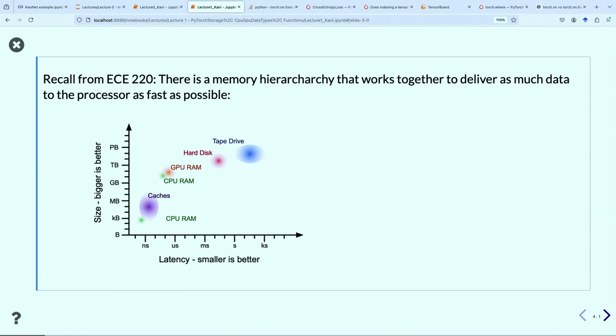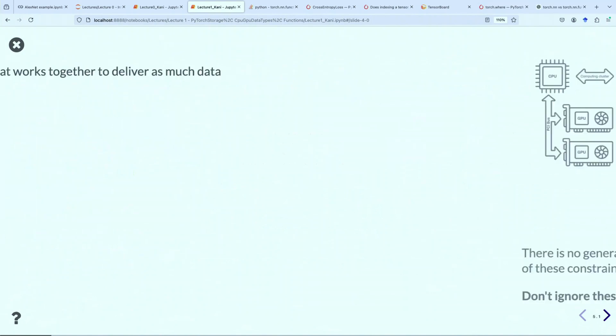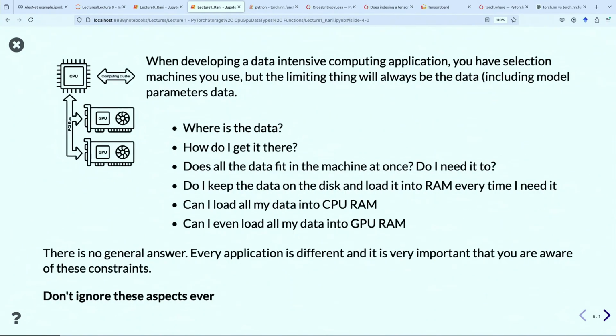Okay, so the point of this slide is that there is an inverse hierarchy between size and latency. Actually, size and latency are closely correlated, but latency we want as small as possible, and size we want as big as possible. So you get a nice little curve there. That's the issue, and it is especially pronounced when you are dealing with modern AI applications